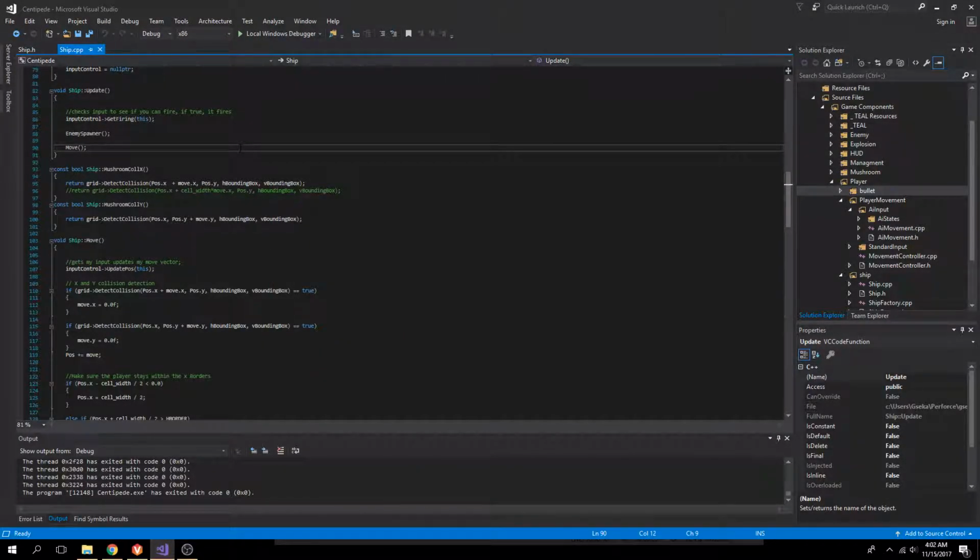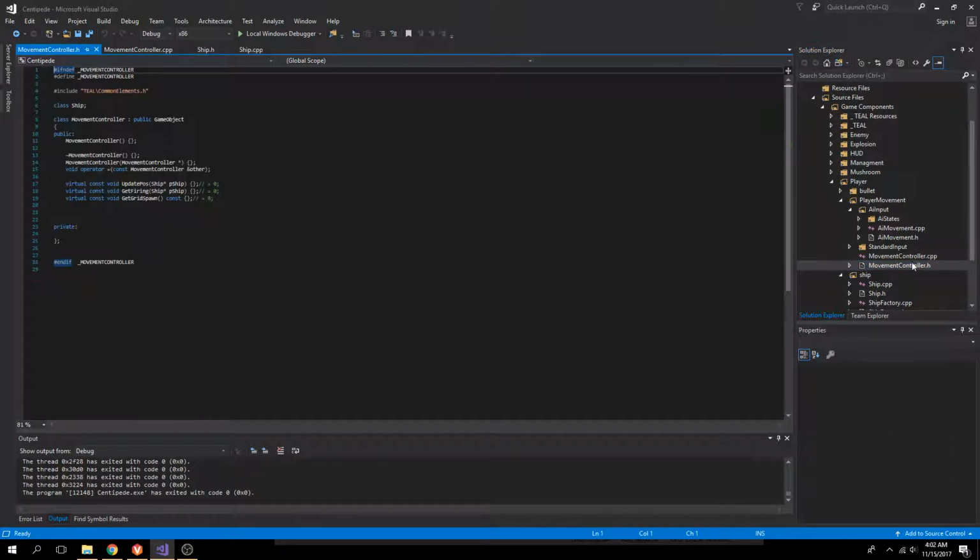As I mentioned before, the ship doesn't get its movement inputs itself. The input control object gets the inputs and passes them to the ship. So input control uses a strategy method. Input control is an instance of movement controller, which is